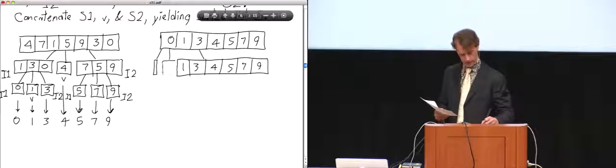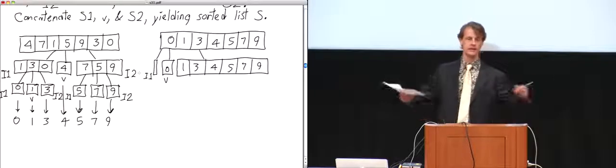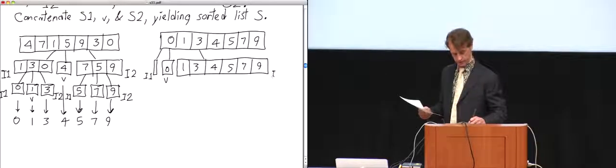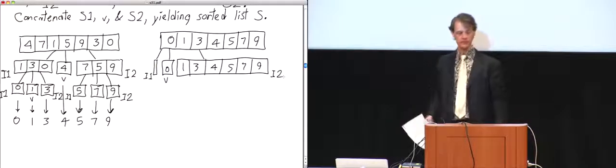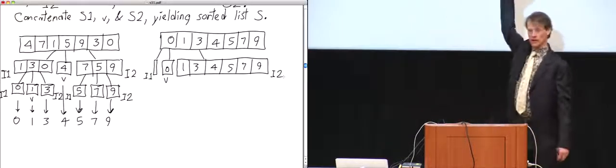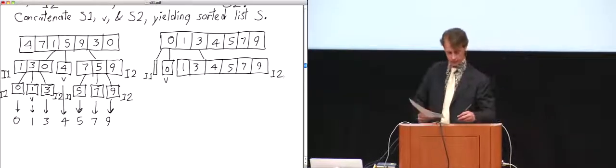And we put the 0 in the middle. So that's our unsorted array I1 on the left, which is empty. Our unsorted array I2 on the right is still pretty full, and the pivot is between them. Now we recurse on the right-hand side. We pick the leftmost key to be the pivot, and that's a 1.